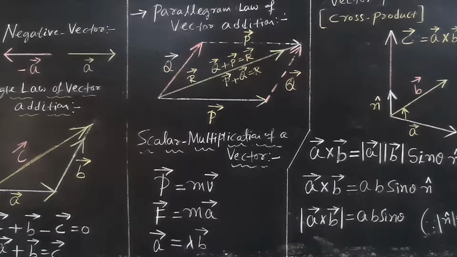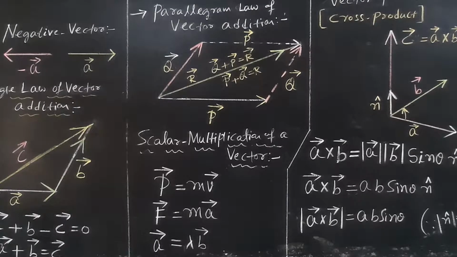I have written vector P plus vector Q acting along one direction. Vector R is acting in the opposite direction. In the upward triangle, again vector Q plus vector P are acting in the clockwise direction. Vector R is in the anti-clockwise direction, therefore we will get P plus Q minus R is equal to 0. Minus R, if you take it onto the right-hand side, will become vector R.